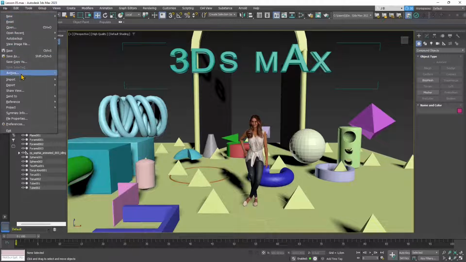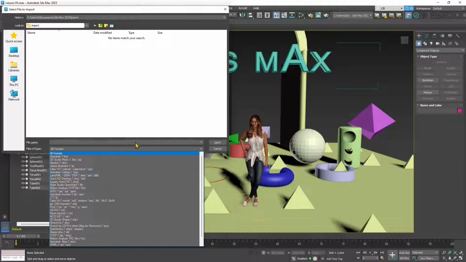So when you find the model, you just go there to import, and you can just select the format from here, and you can see how many formats 3ds Max supports. So make sure that you have one of these formats. The most popular are OBJ, FBX. You also have SketchUp files if you want to import directly from SketchUp. Sometimes these are direct imports, like for some of these software right here. You can import from Revit,